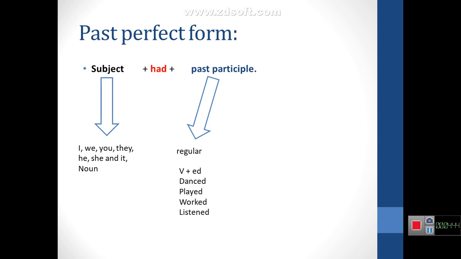Sometimes just ed, sometimes d, ied, changing y to i, you know. And irregular verb, which is a list that you have memorized. For example, I have sung, read, read. What about go? Been or gone? Been or gone? Okay,